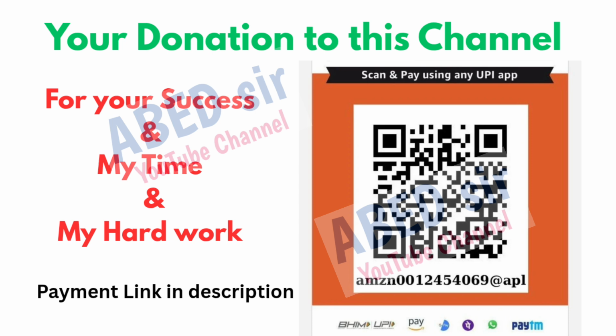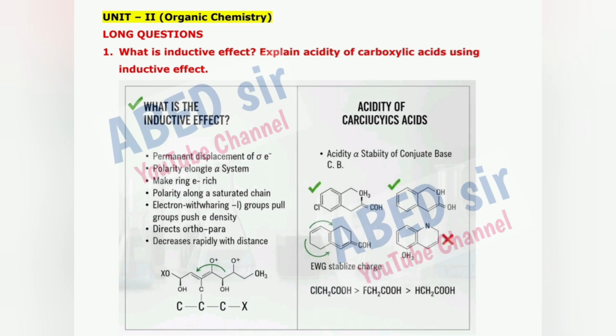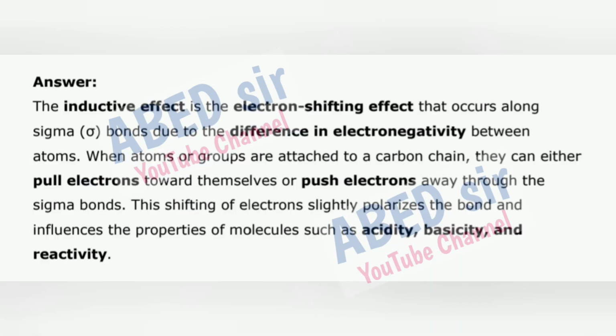First important long question is: what is inductive effect? Explain acidity of carboxylic acids using inductive effect. Answer. The inductive effect is the electron shifting effect that occurs along sigma bonds due to the difference in electronegativity